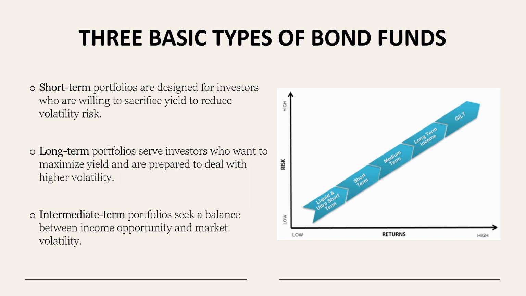Then you have the long-term one, where you have the maximized yield, but then you are prepared to deal with the higher volatility. Why? Because long-term bonds have high sensitivity towards interest rate fluctuations. And then you have the mid-term, mid duration bonds, which is simply a balance between the income opportunity and the market volatility. So depending on what kind of investor you are, you will be able to select